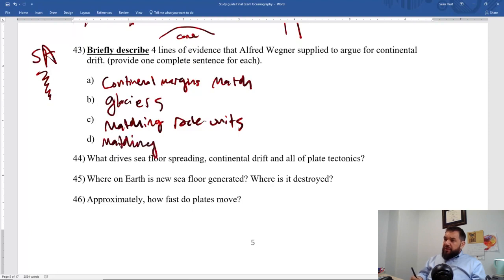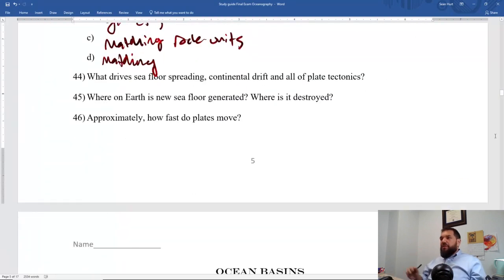So again, looking at fossil species, we take a look at Glossopteris, or there are a lot of different animals, Mesosaurus. There's also Cynognathus. Okay, there are these different fossil species that we find on multiple continents that could not have possibly swam across the Atlantic or the Pacific. Okay, so they probably got there when the continents were connected, they were surviving on that Pangea continent that broke apart, and that's why we find the same species on different continents.